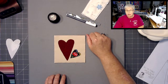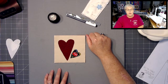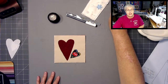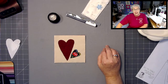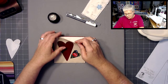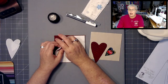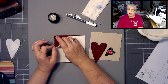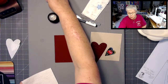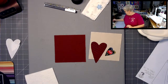So I'm really curious to see all of the different blocks from week 4 on the Creative Crew, because y'all have been keeping me updated and updating everybody else. Y'all have done all kinds of variations, adding things to the blocks, and I love that. I love that you're thinking outside of the box. It's been a lot of fun to see. I certainly don't have time to comment on every single thing, but just know that I do see it. That's one of my highlights of the day, to go through and look at y'all's pictures. All right, so